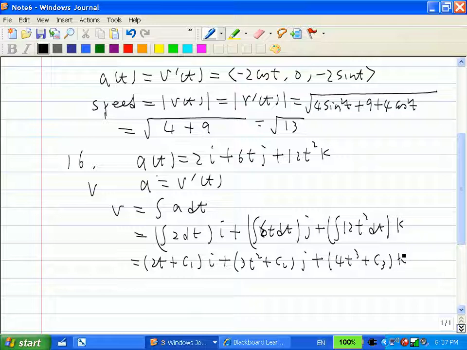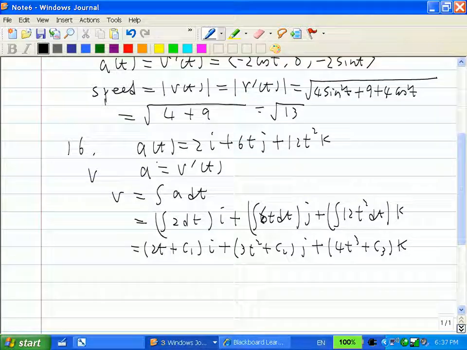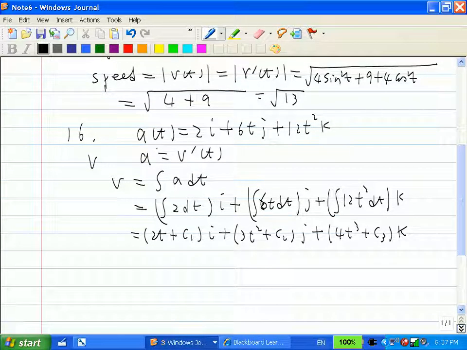For any choices of c1, c2, c3, if you take the derivative, they will give you the acceleration. But we're not looking for just any choice. We're looking for the one such that